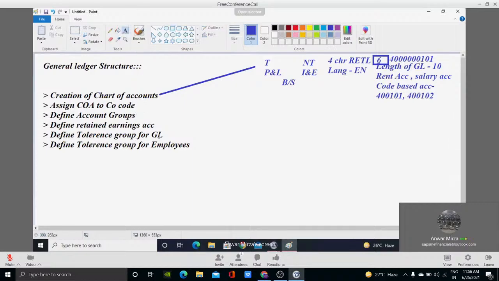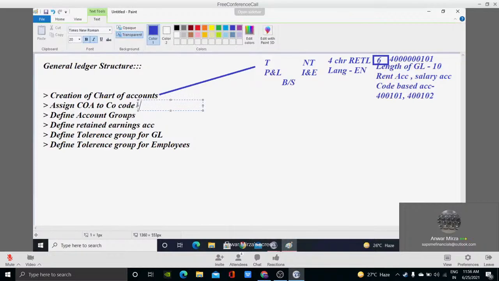Now the next point is, when you configure your chart of accounts, you have to assign it to a company code. To which company code do I have to assign this? This is the reason I told you to keep it the same. Wherever a 4 character key is required to configure, keep it the same as the company code. Why? Because the very next step for you as a consultant is to assign it to the company code. Clear? I'm not fixing it to alpha only. You have a choice of alpha, numeric, and alphanumeric. Okay, so this was your second point.